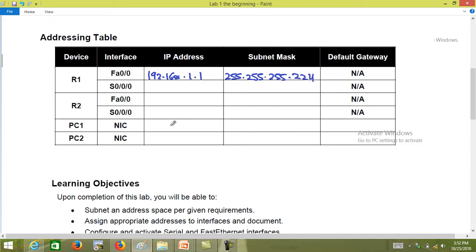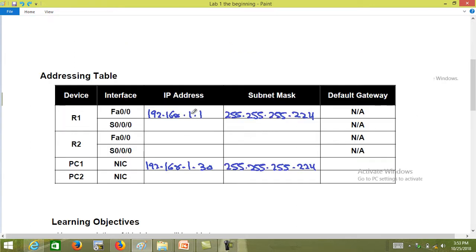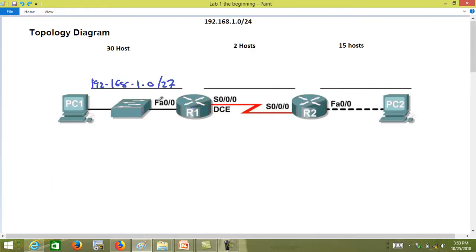Yeah, so PC1 can have the last IP address, which is 192.168.1.30. Subnet mask is 255.255.255.224. I'm getting all that information from what we have said, that the router interface here is assigned the first usable, and this is assigned the last usable. But you can do whatever you want, so long as those IP addresses are within this